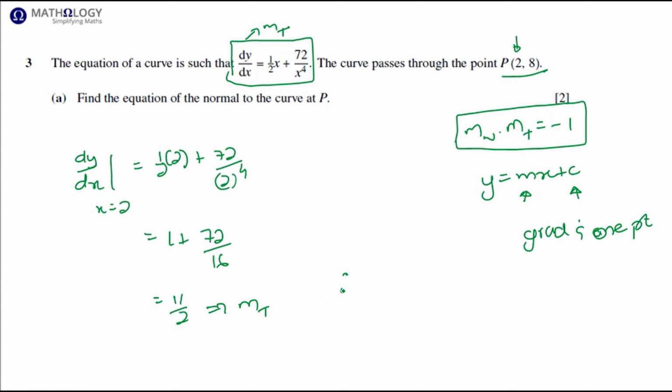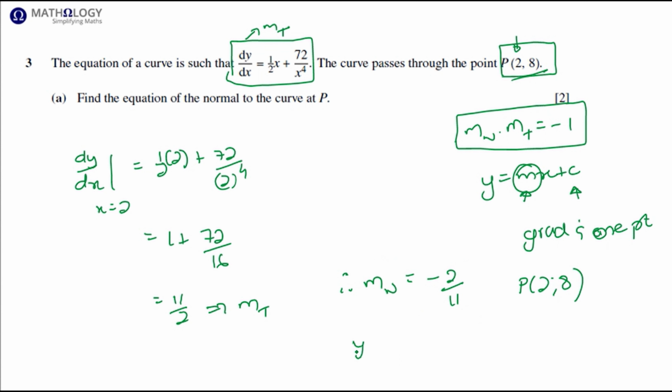Now the gradient of the normal will be the reciprocal value of the gradient of the tangent, but with opposite sign. So because the tangent has a positive gradient, the normal will have a negative gradient, and then it's the reciprocal of 11 over 2, which is 2 over 11. So we've got m now, we've got the gradient of the normal. We now need the point, and that point is the point of contact. So the point is